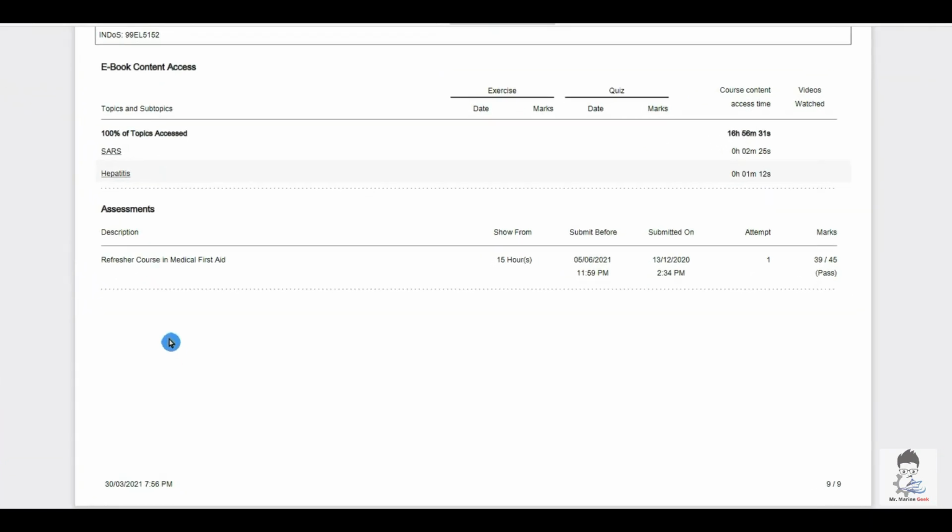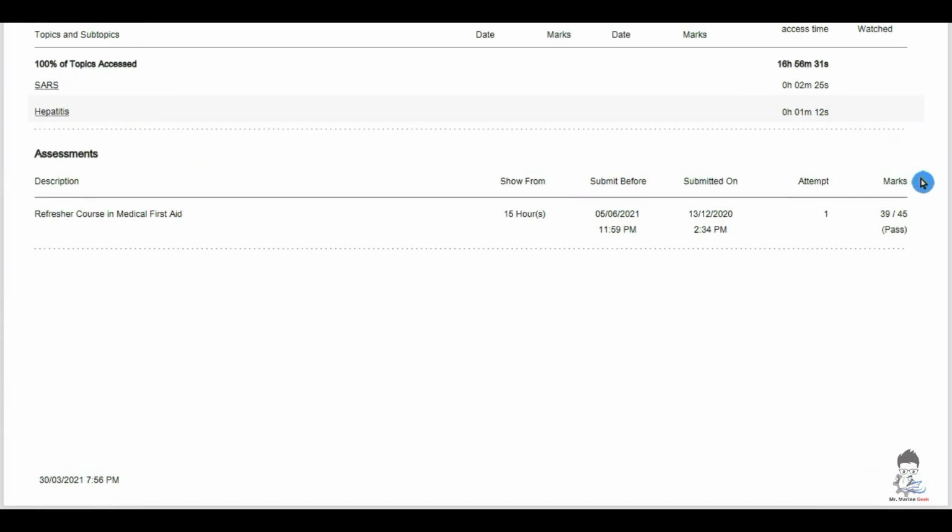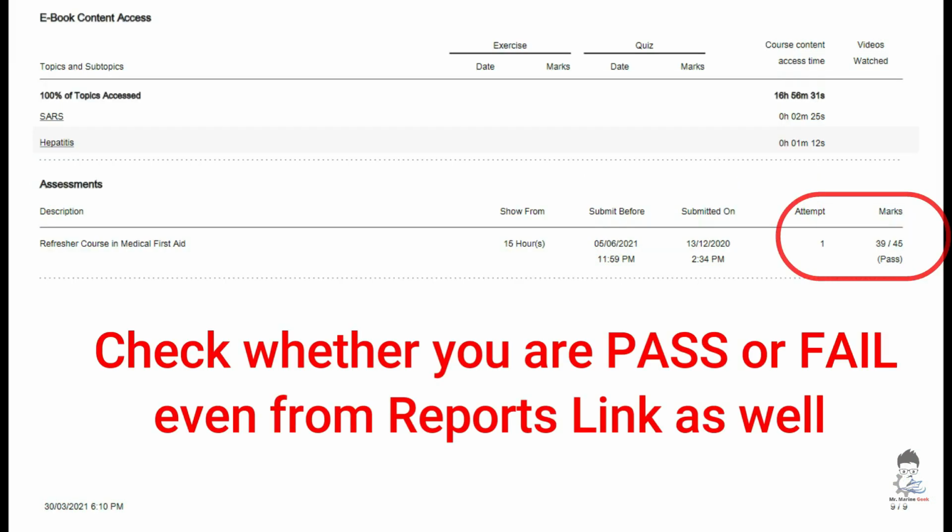Just scroll to the last page and you can easily see the marks, the submitted on timings, the dates and all, and clearly at the bottom you can see it is pass. There will be nothing written as fail over there. If you have failed, you will not be able to see those marks, and you will also see how many attempts it took you to clear this particular exam.